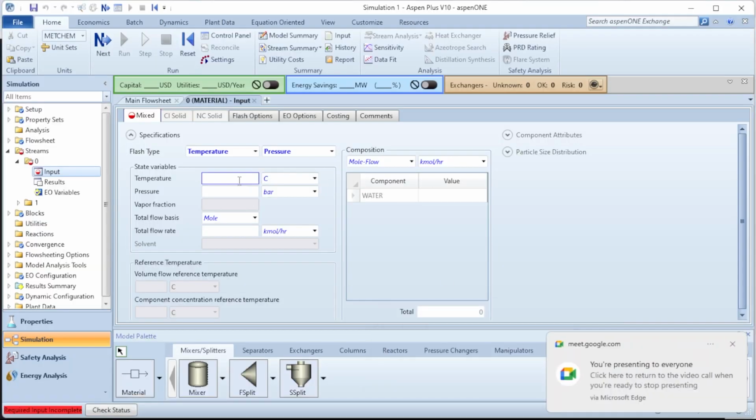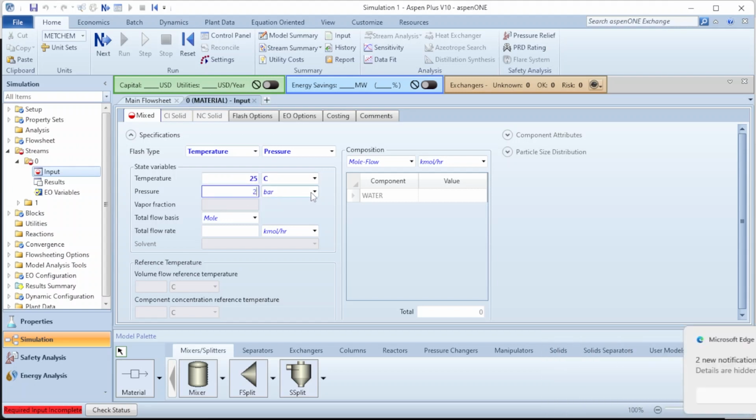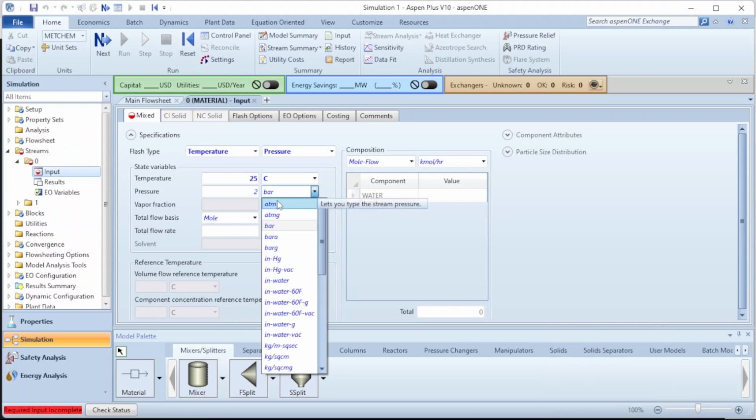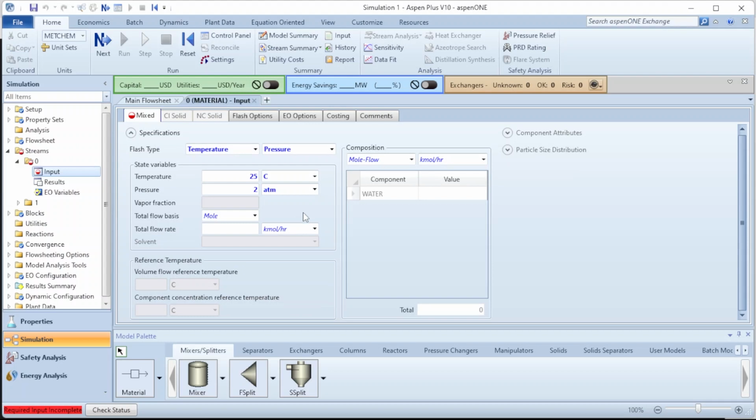the temperature is 25 degrees Celsius. The pressure is 2 atm. So you can change the name here. You come here. All the units for pressure is here. So you go to atm. So this is atm. Atmospheric unit. It's not gauge. So atm. Now